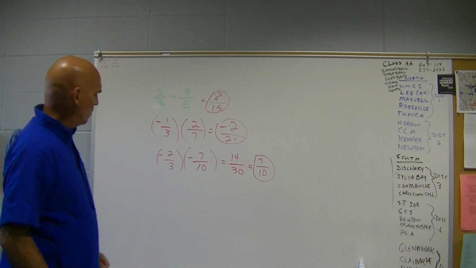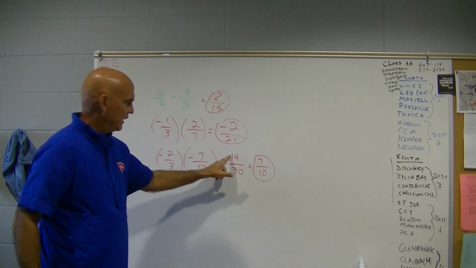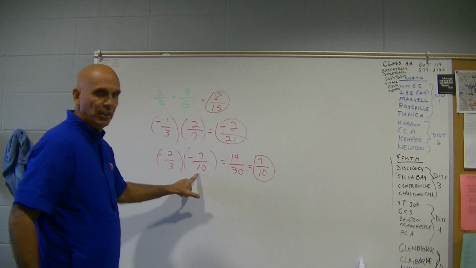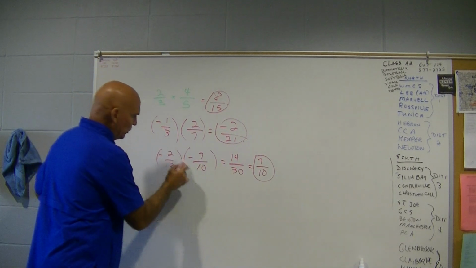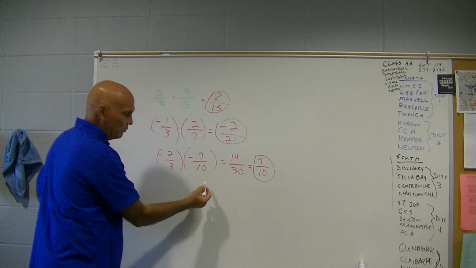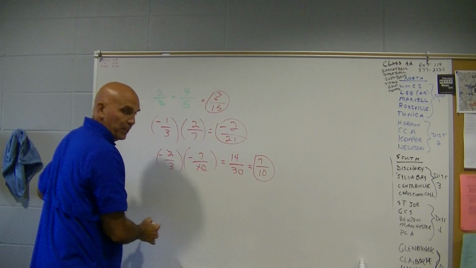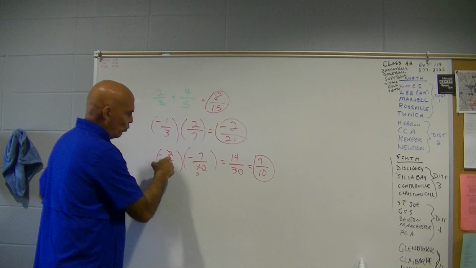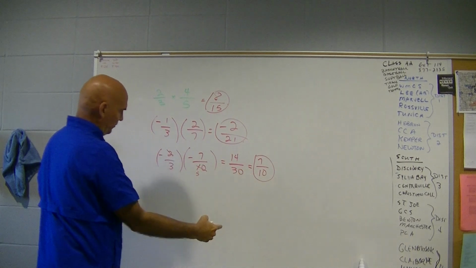Let me see if I can think of one more example. Oh, by the way, when I got to this, I recognized 14/30 can be reduced. I actually could have done it along the way, and you need to get in the habit of looking for this too. This will save you a little trouble. You know you're multiplying straight across, and so everything on top stays on top, everything on the bottom stays on the bottom. And when I saw this common factor of 2, I could have divided it out at this point. Take it out there, and now I would have just 1 times 7 is 7, 3 times 5 is